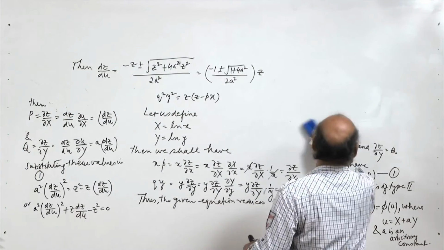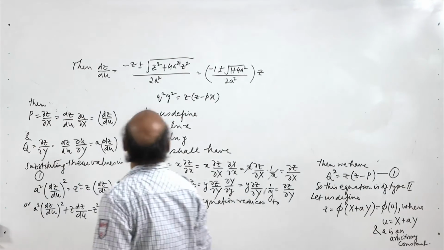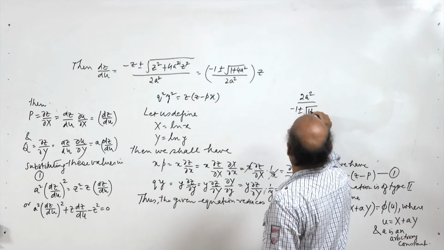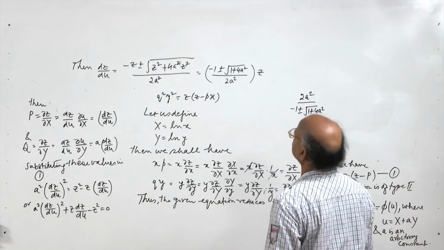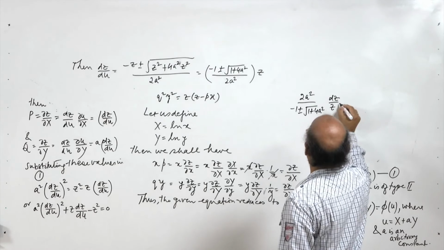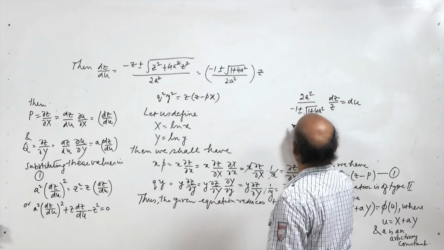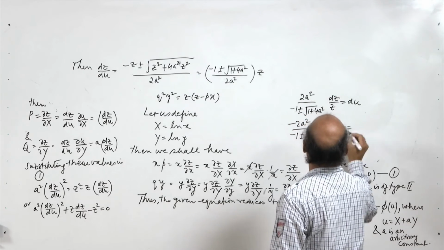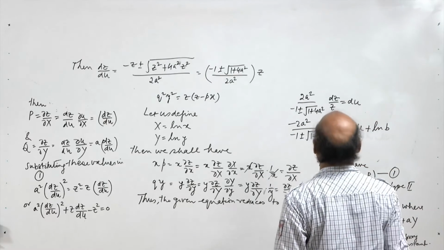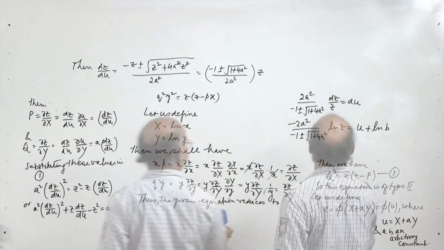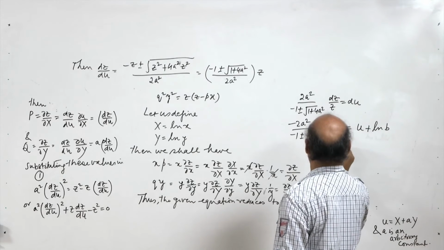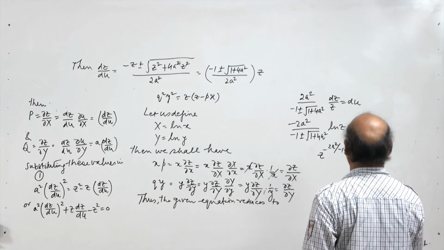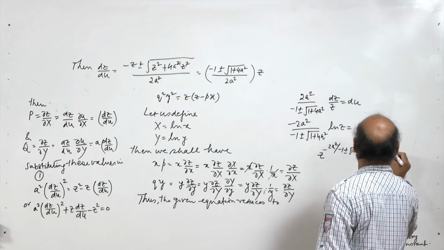So integrating, we can write it as 2a square upon minus 1 plus minus under root 1 plus 4a square into dz by z equal to du. Now integrating this, we will have minus 2a square upon minus 1 plus minus under root 1 plus 4a square ln z equal to say u plus, let us write ln b, and this will give you then z to the power minus 2a square divided by minus 1 plus minus under root 1 plus 4a square equal to b times e to the power u,